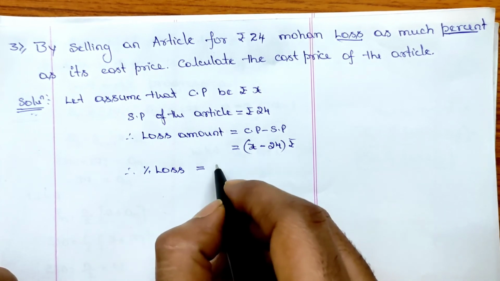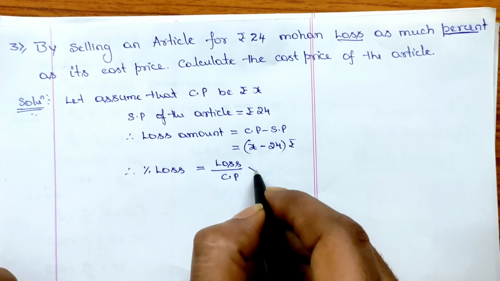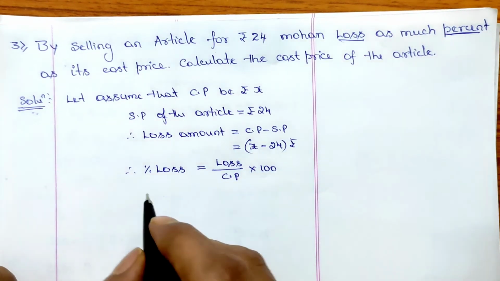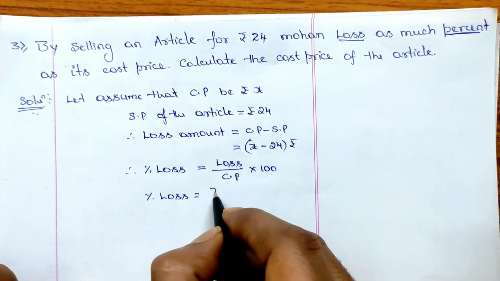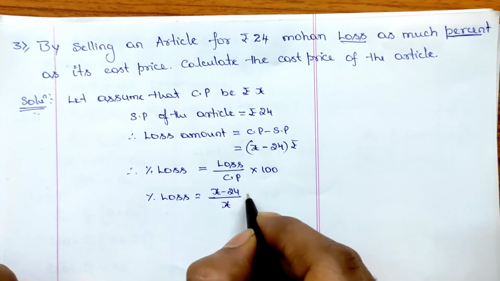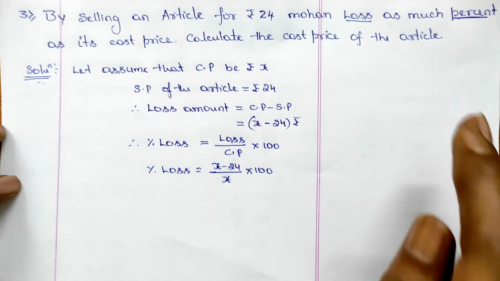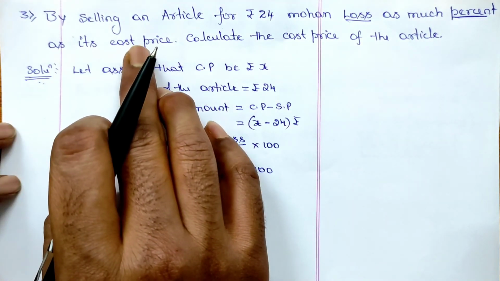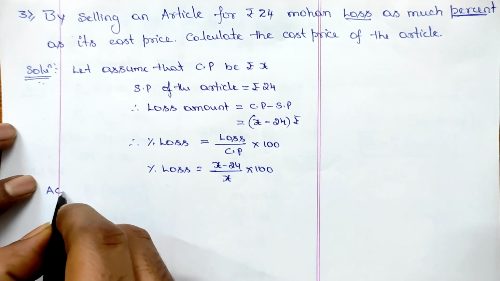So the formula of percentage loss is loss divided by cost price into 100. So percentage loss is equal to loss, which is X minus 24, divided by cost price, which is X, into 100. But according to the question, percentage loss is equal to the cost price. According to the question,